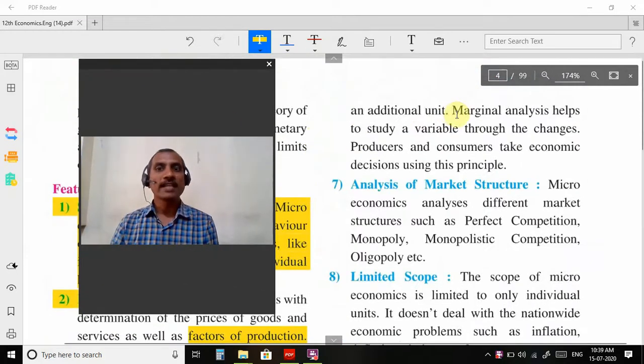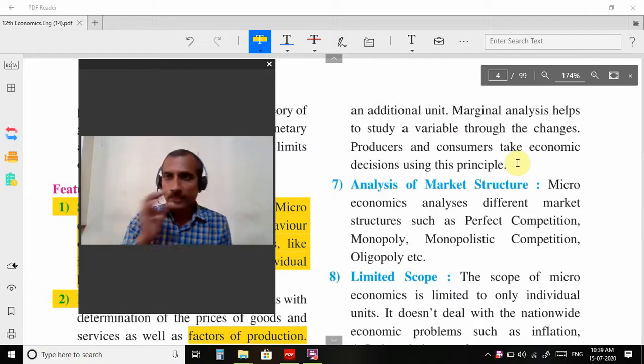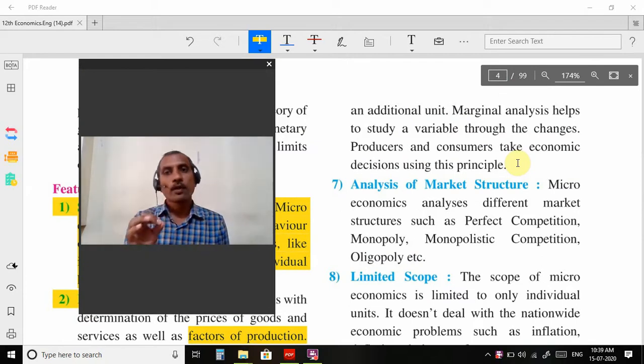Marginal analysis helps study variables through change. Producers and consumers take economic decisions using this principle. Okay, so I will explain in detail. So marginal means what? When we are going to increase the stock of consumption,